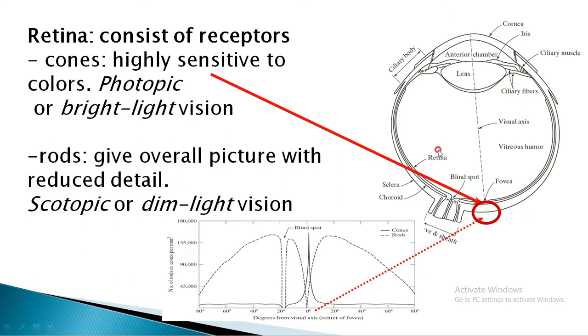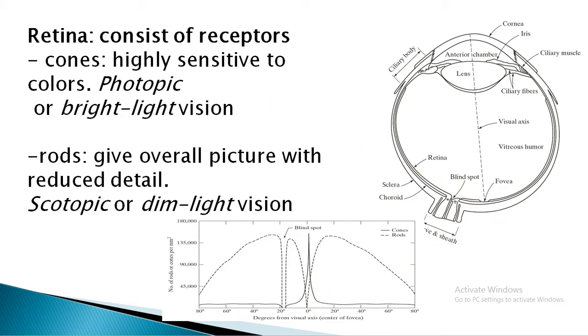Therefore, as I was telling in the beginning of the class, the retina is very much important. One more very important thing is that rods are not concerned with your color vision. They are only concerned with the illumination. How bright or dark the object can be seen depends on your rods. For example, I am seeing a tree in front of me. In the daylight the tree appears more bright, and in the moonlight the tree will not be that bright. This detection is done with the help of your rods.